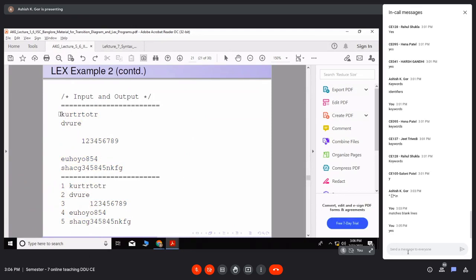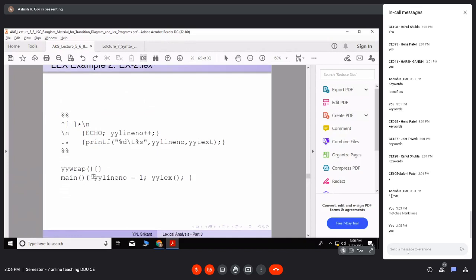So let us try to see it. First is some random stuff, and then there is a blank. Initially the line number is 1, then scanning happens.